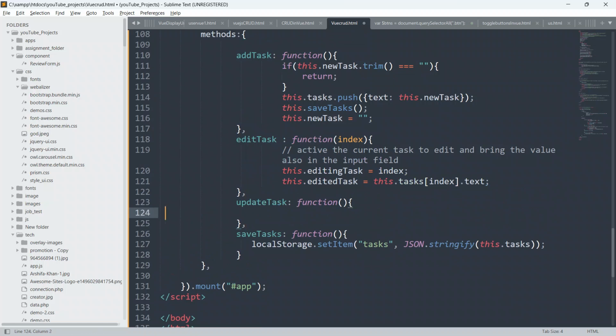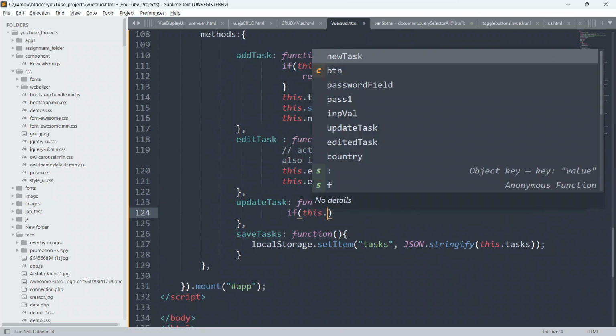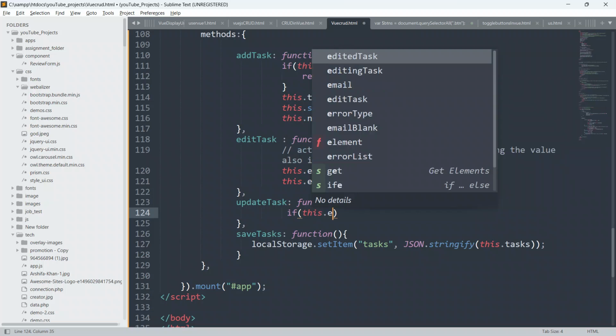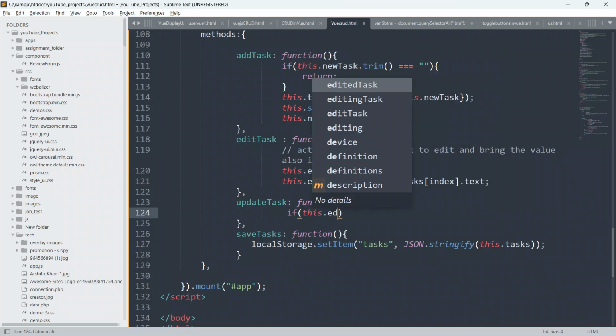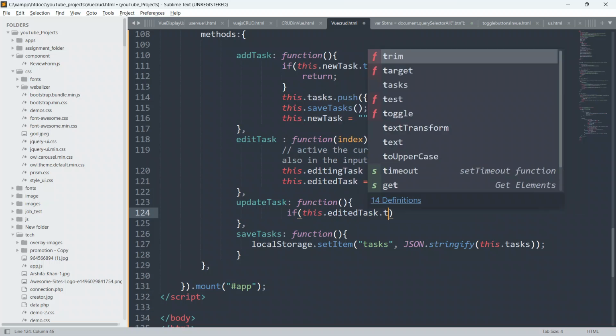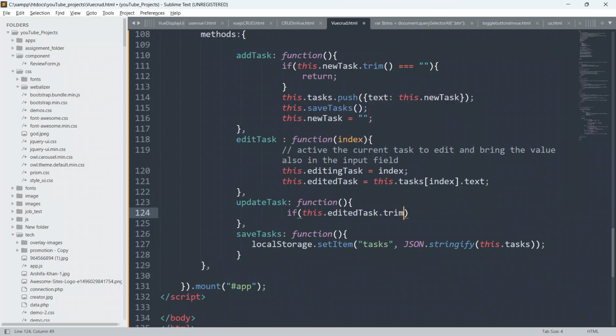And we will say here, guys, if this.editedTask.trim() is equal to blank.